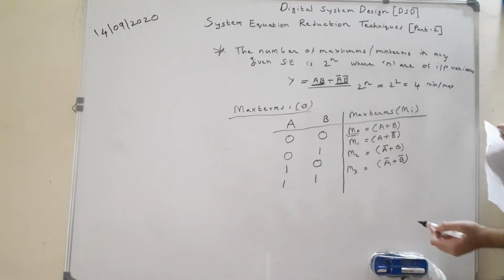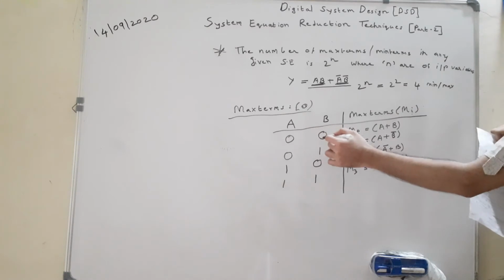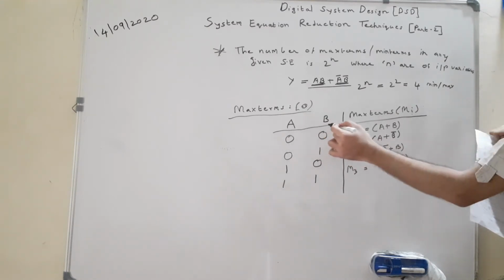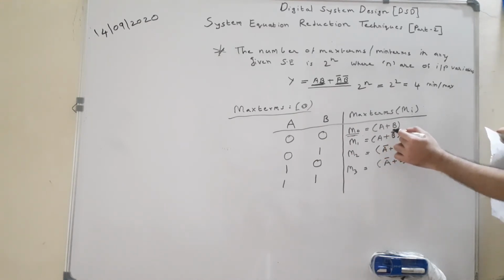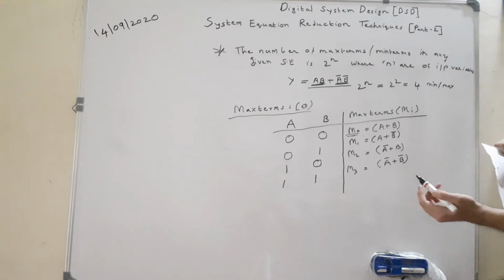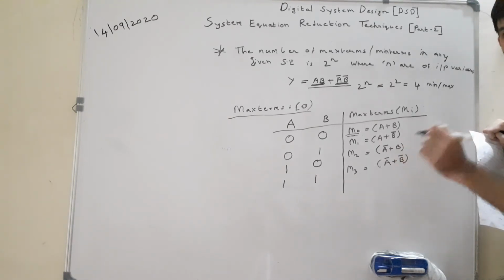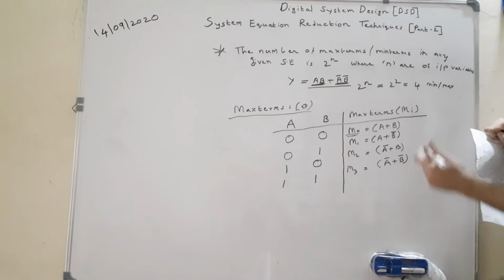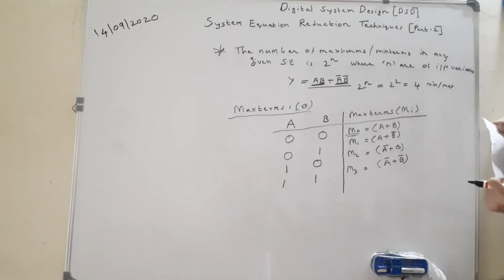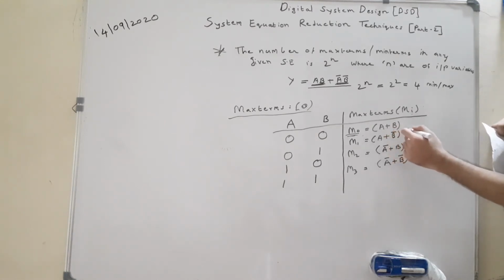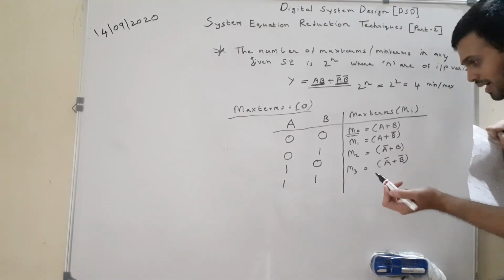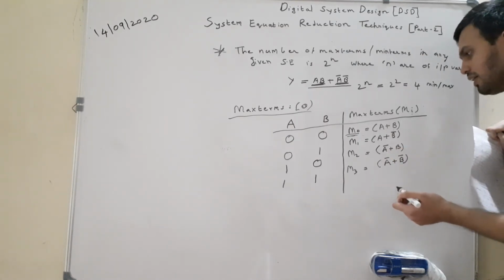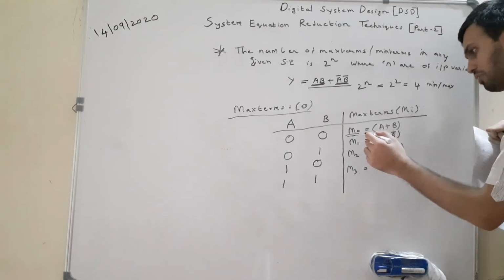Now an interesting thing, you remember, whenever you have zeros at the input, when A is associated with a value of 0 and B is associated with a value of 0, here complement doesn't come in while writing max terms. So max terms are the terms for which the corresponding output of the digital circuit is 0, and min terms are the terms for which the output for the given digital circuit is 1. That's the reason we have not complemented over here. So this thing will be pretty much clear when we write max terms and min terms from an actual truth table.